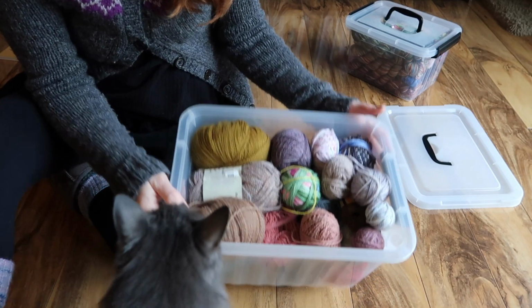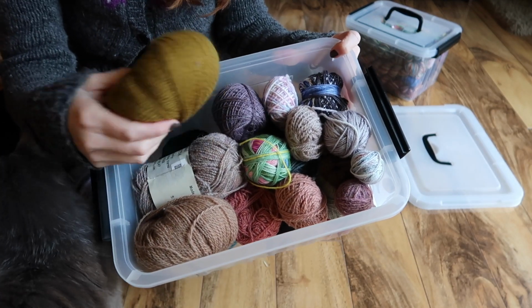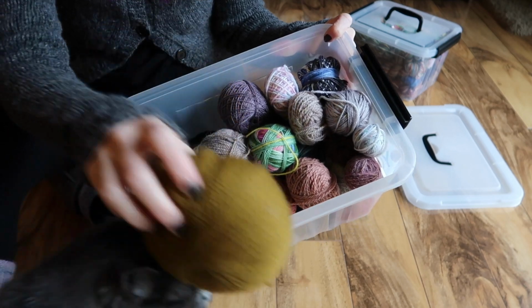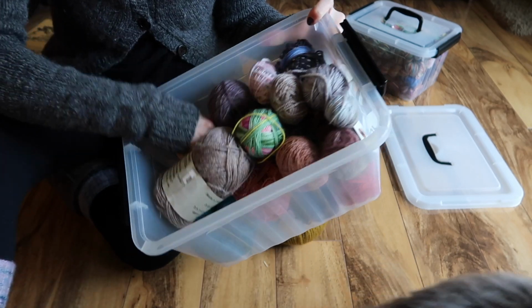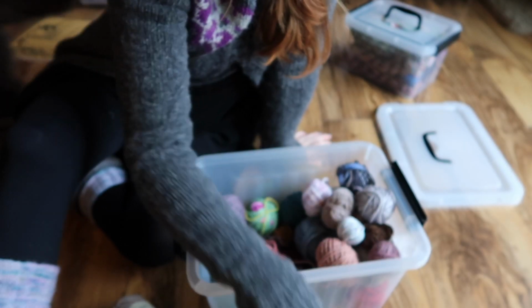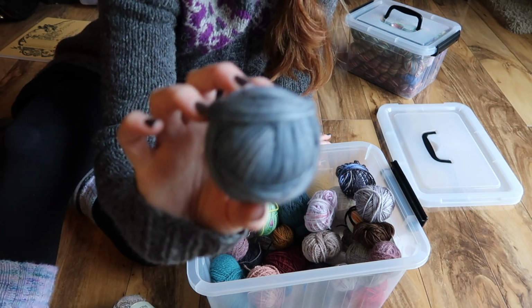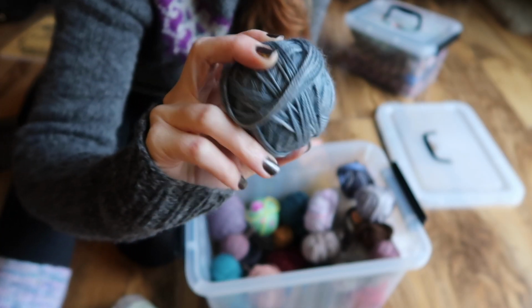And then this is just a bunch of little balls of yarn. I've also got all of my Knit Picks palette in here, which is mostly unused or half used. I've got some leftover handspun in here, and just stuff that was kind of too small to